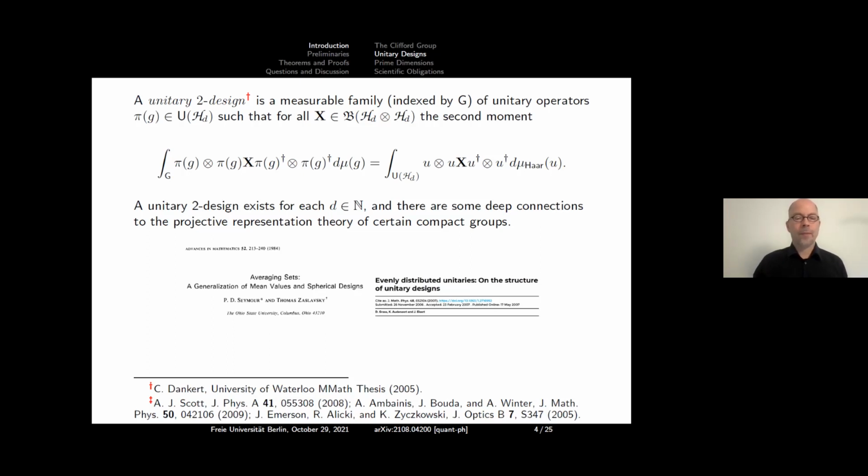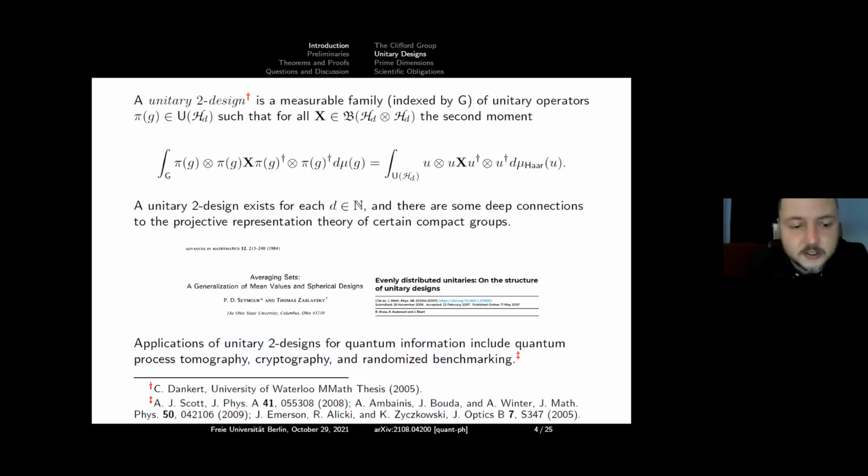Thank you. Tons of applications. So the Clifford group is fundamental, and so are 2 designs, right? I mean, they're absolutely fundamental in quantum information processing right now. I'll mention 3 applications. Okay, the first one is quantum process tomography. The references down here are respective, by the way. So in this paper from 2008, Scott shows that unitary 2 designs can be used to define optimal measurements for quantum process tomography.